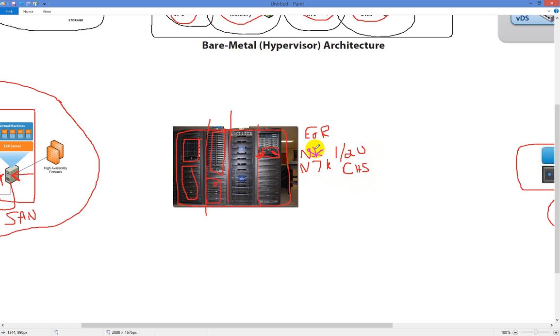Now the Nexus 5K would connect down to the Nexus 2K, and the Nexus 5K and Nexus 7K would configure a fabric extender port, and it would actually connect down to this guy, which I'm assuming is a FEX. I can't tell from the picture what it is, but the idea is that the Nexus 5K would have a connection down to this switch right here, and it'd be able to connect into the server from there. So you would connect your servers into the FEX, and then everything else would be good to go.